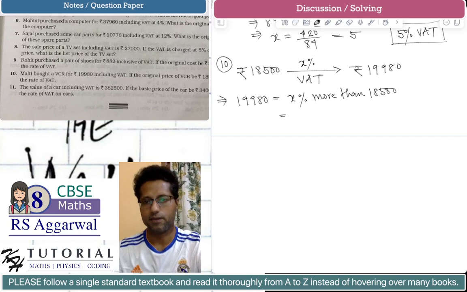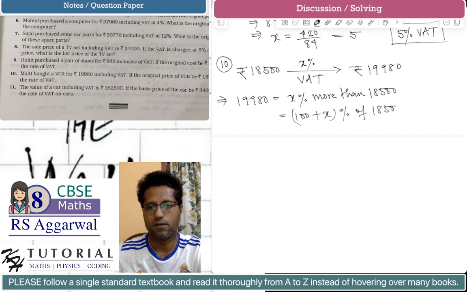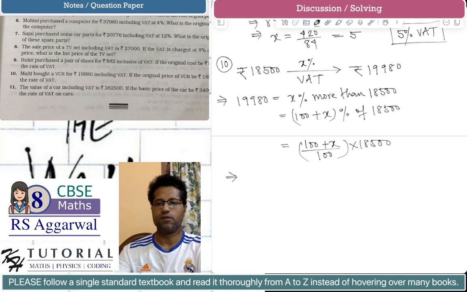X% more than 18,500 means X% more, which means 100 plus X percent of 18,500. This is equal to 100 plus X divided by 100 multiplied by 18500. Now this is a linear equation in x. If we solve for x, we get,